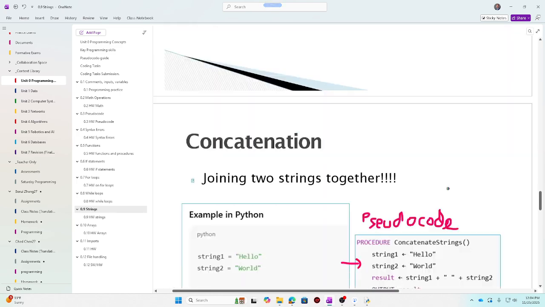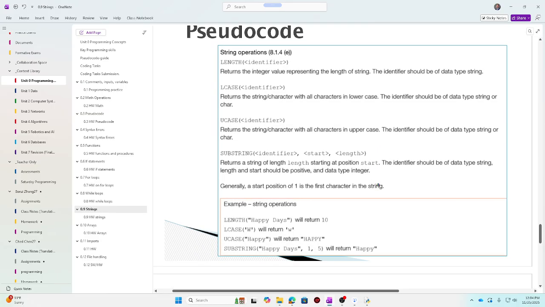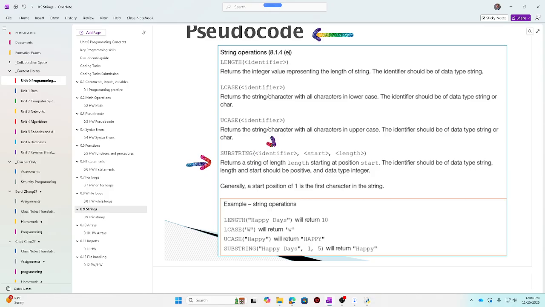And at the end of the PowerPoint, I have put a little pseudocode screenshot where if you want to print a specific length of string, it's called SUBSTRING, all capitalized with a bracket. You put the variable right here, and then you put the start number, but the start number starts at 1.